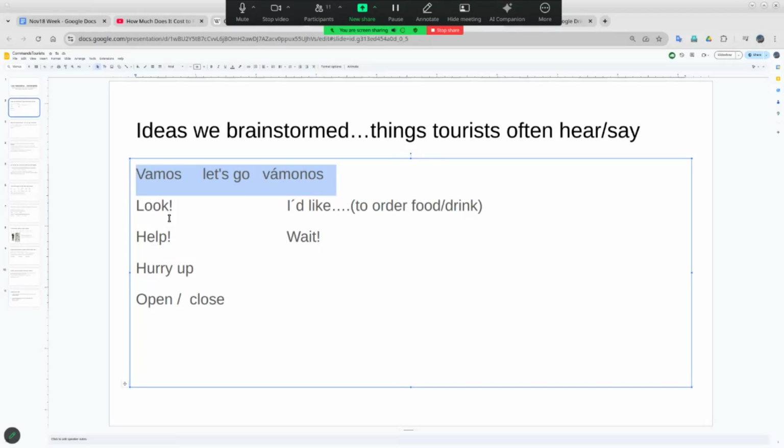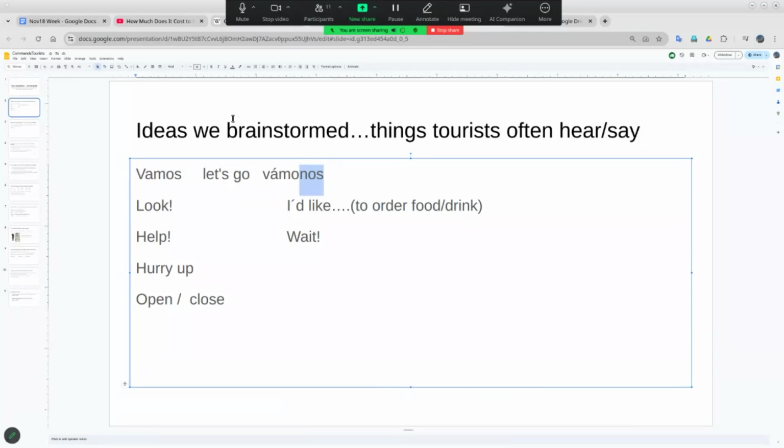Vamos, just the plain old we are going verb, is the command for let's go. And this kind of breaks some of the rules. You'll see why. Vamos. Vámonos is also a let's go, but it just tags on the nos on the end. It takes the vamos, we take the S off the end and we slap on that nos pronoun, pronombre, see? So if we want to slap on the pronombre nos onto the end, we get rid of the S at the end of vamos because it would be too hard to pronounce with the S on the end. That's the reason why